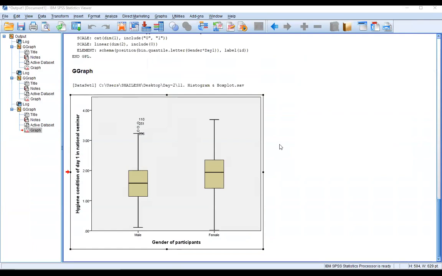Age wise, yes, we can do it age wise also. If we have age categories, such as the age groups of 10 to 20, 20 to 30, 30 to 40, 40 to 50, then we can get the age-wise plot for the data also. Now after this, I'm taking another case study, which is the bar chart. How to create the bar chart?